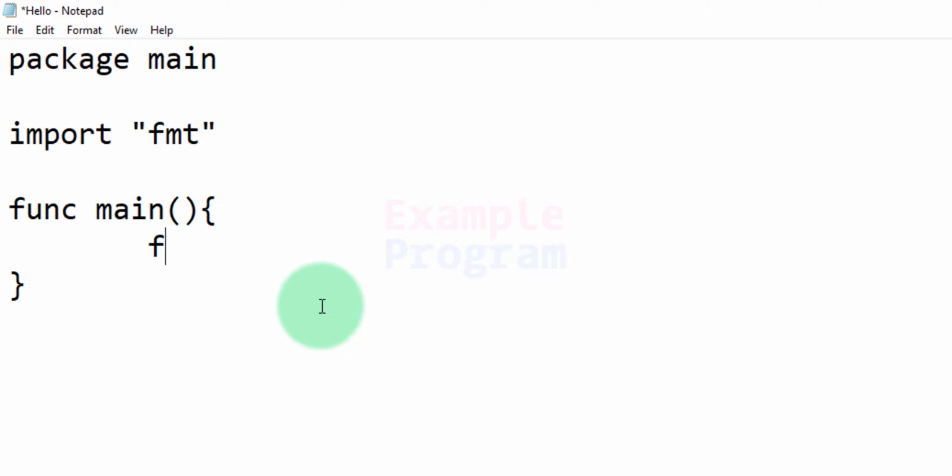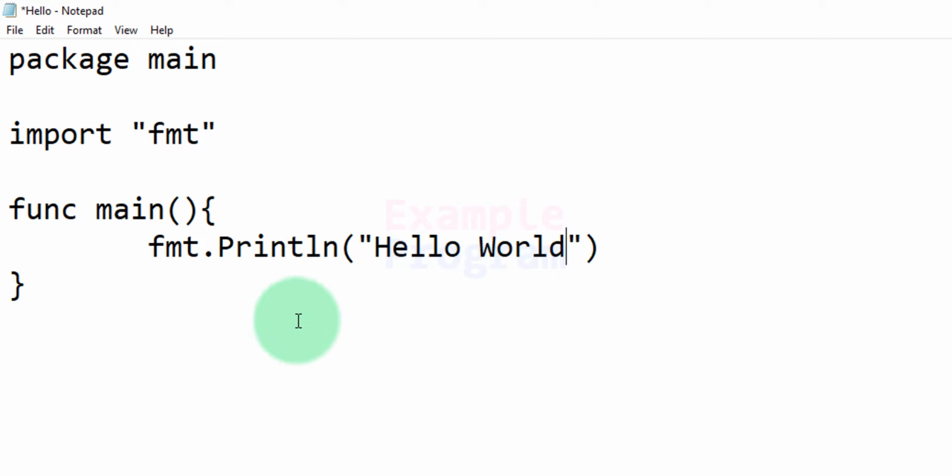So it will be fmt.Println, and I'm gonna display hello world. Okay. After that, we will save the program. Go to File and click on Save. Now we can close this file.